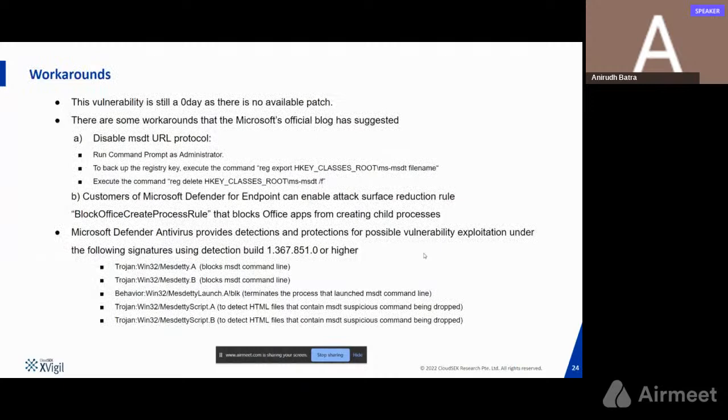Now comes the important part. What can we do to save ourselves? As of now, there's still no official patch available. It's still considered a 0-day. Now, in the official Microsoft blog, we've got two workarounds mentioned. One is to disable the MSDT URL protocol, which basically means that you won't be able to use MSDT to invoke PowerShell, right? So you're disabling that. Second is